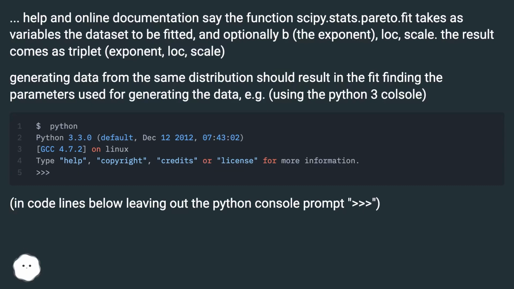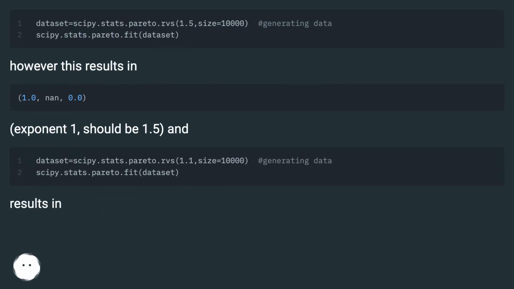Generating data from the same distribution should result in the fit finding the parameters used for generating the data, e.g., using the Python 3 console. Encode the lines below, leaving out the Python console prompt. However, this results in exponent 1, which should be 1.5, and